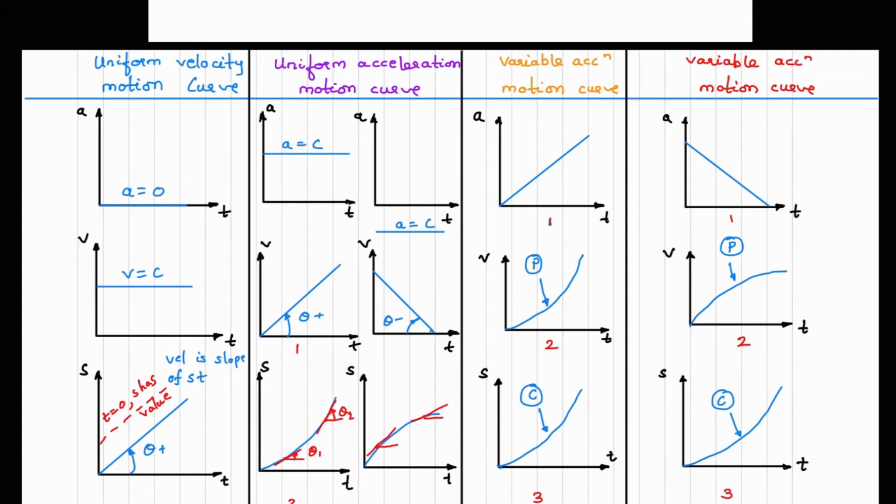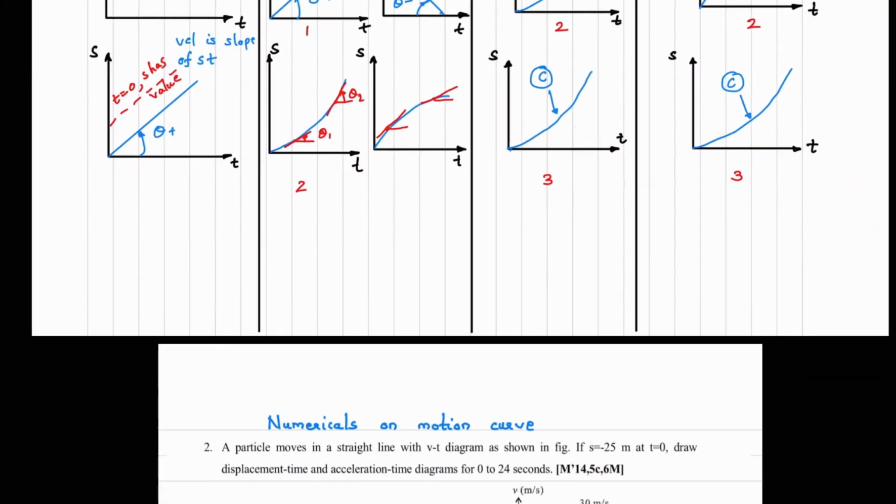Now there might be a case where the velocity-time diagram is given first in the question and then we have to draw the acceleration-time diagram. In that case you have to be careful. So please remember this table. Wherever the basic thing is there, like we have a curve like this, and variable acceleration is like this, we can understand what the nature of Vt and St will be. Please remember this. Now we'll see some examples.